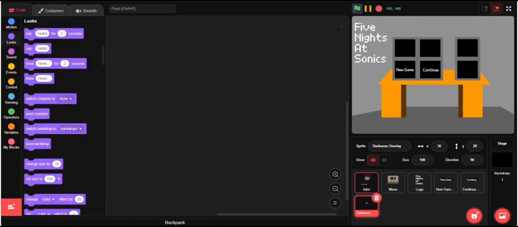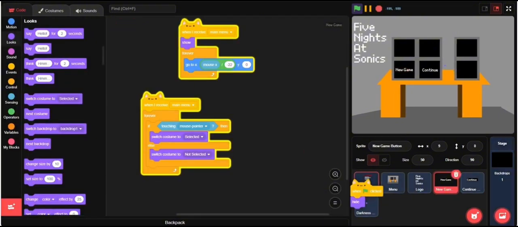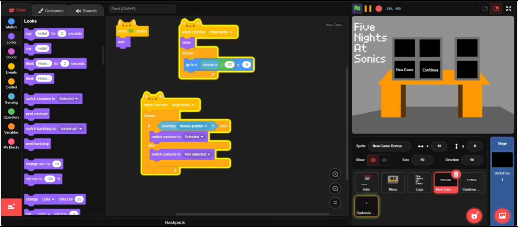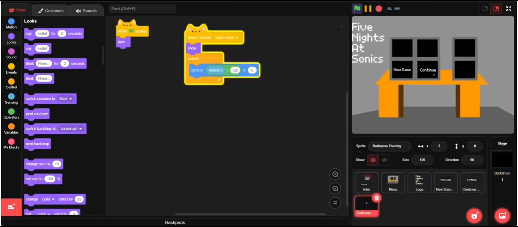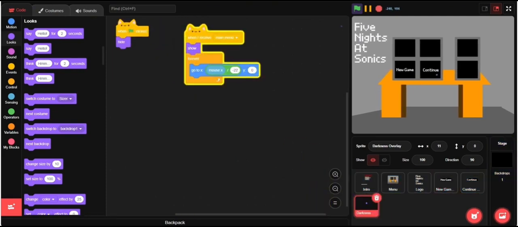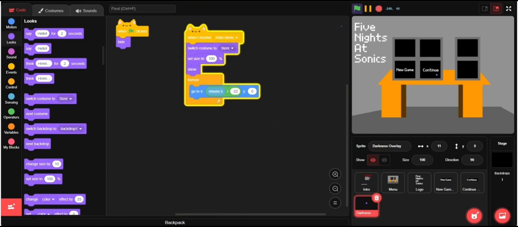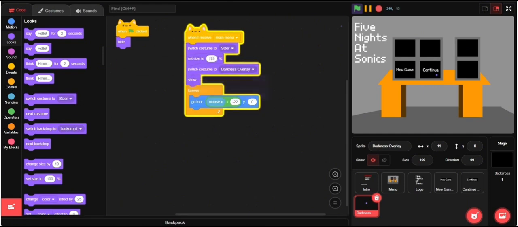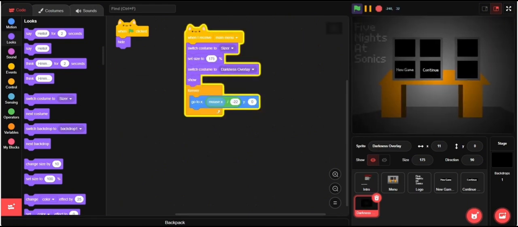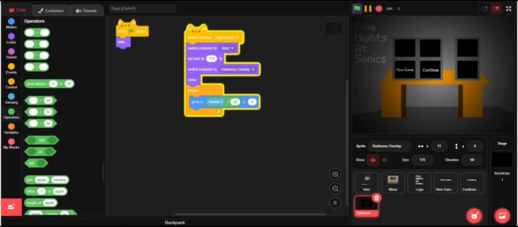We need to insert a couple of scripts, so I'm going to click hide whenever I see my menu show. We need to change it to script a bit. So we need to switch quickly to sizer, set size to about 175. You might need to adjust your size, then it's overlay. I'm going to change how it works. So mouse X divided by